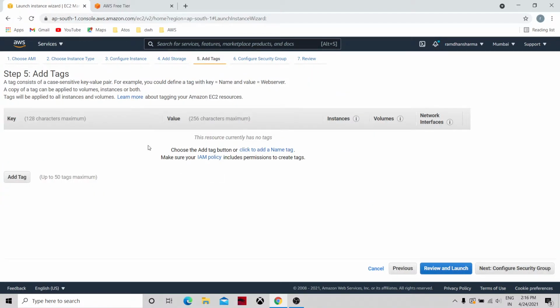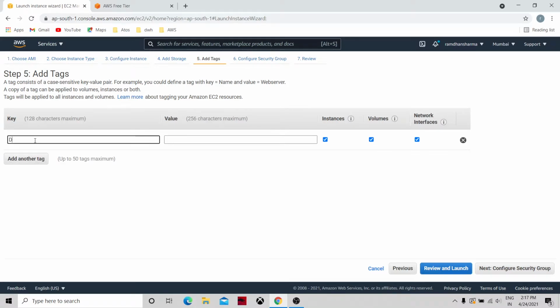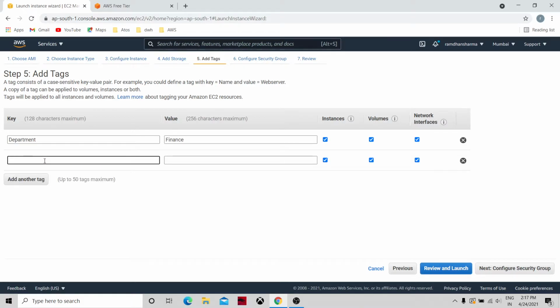Let's go ahead with the tag key-value pair. This is for organizing our resources in the AWS account. Let's say we are preparing this instance for the finance department, so I can give this tag, or another tag, say type is EC2.